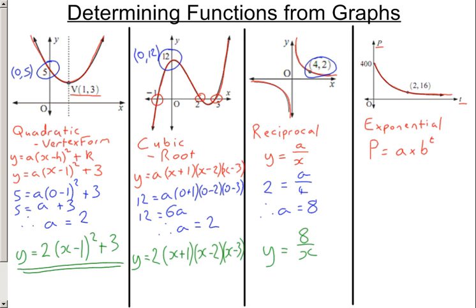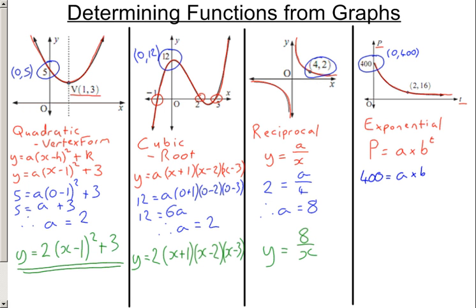And again, we now have to substitute the values we know. Well, we know two values here, but we've got two unknowns, a and b. So we're going to have to use both of them. The first one we're going to use is the y-intercept, because that one helps us because it makes t, or x, equal to 0, which is nice with powers. So through that point, we have that p is 400, so we have 400 is equal to a